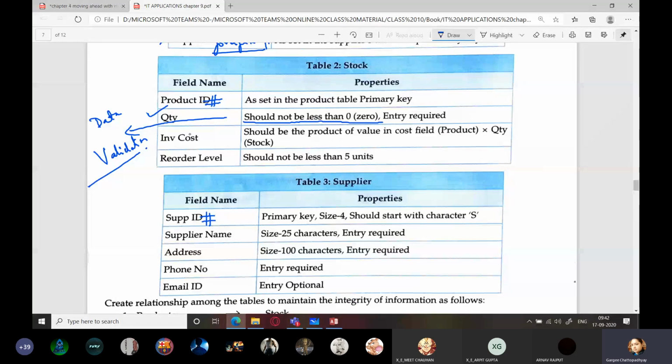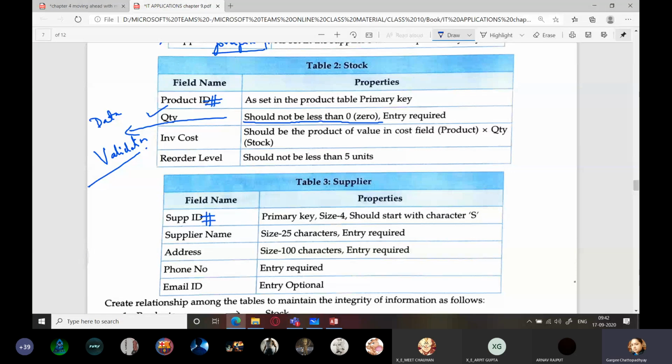Next is inventory cost. It should be the product of the value in the cost field into quantity, that is stock. One second.